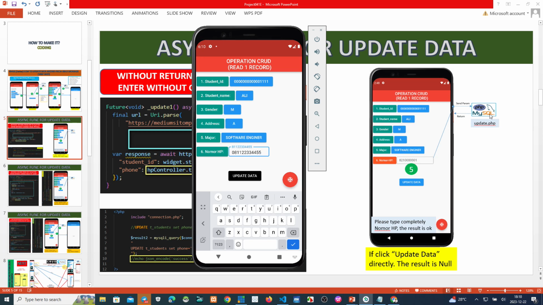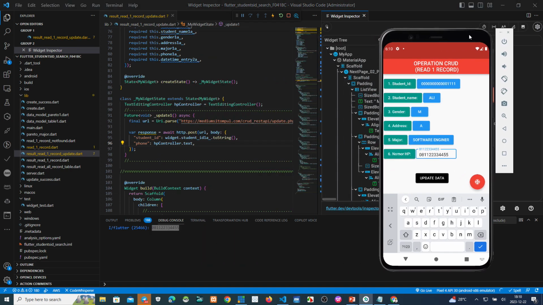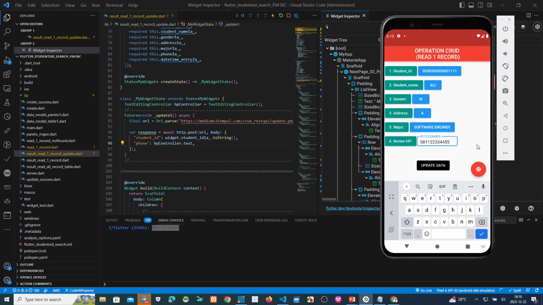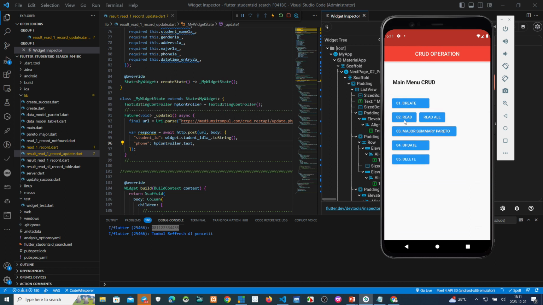And it is saved on this one. But there is no change on the screen because there is no return from the PHP to the Flutter. If we want to see the result, we must check again. Is it the correct number on the phone number? We click here, click read number.